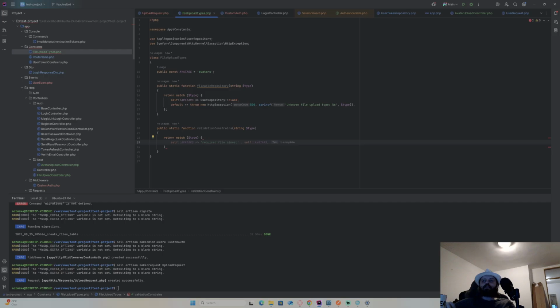Okay. And yeah, self avatars, but this is not correct. And now this is going to be the array of the constraints that I have for the avatar. Now let me just check how do I do this. If I return the entire constraint array, we're gonna do something differently. I will return array, but